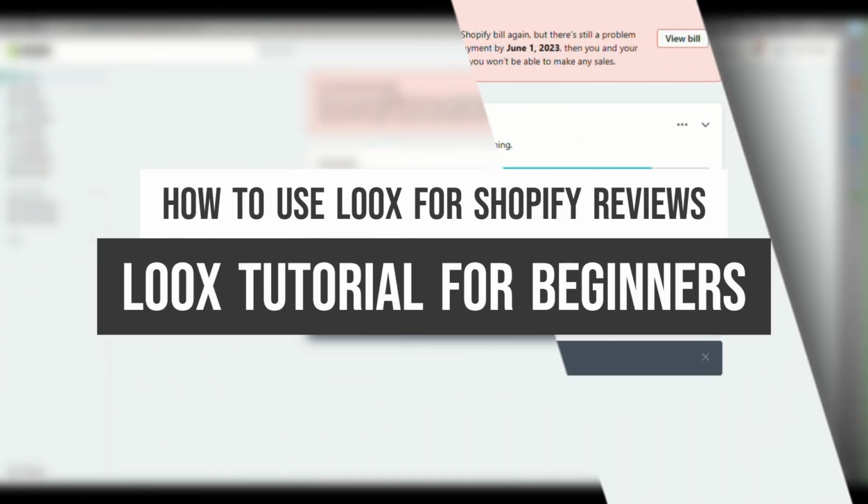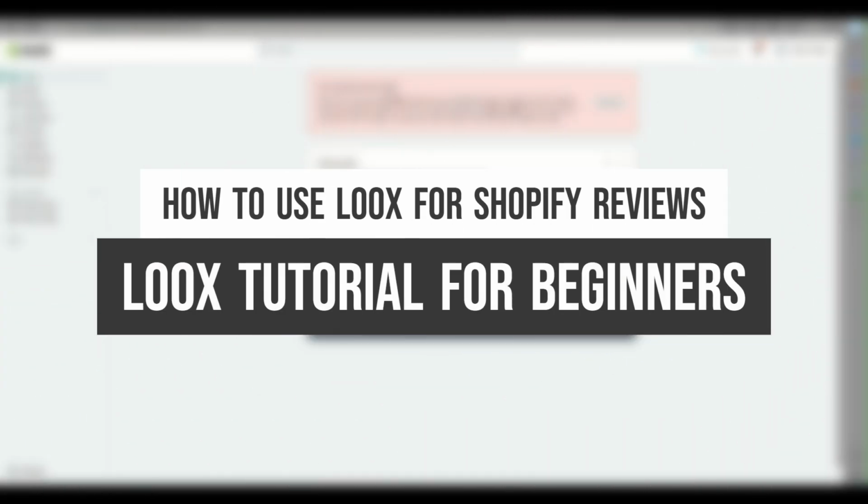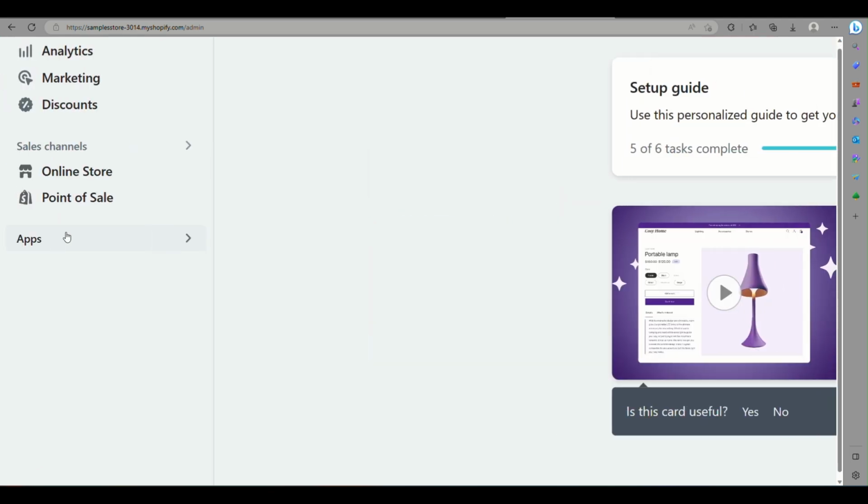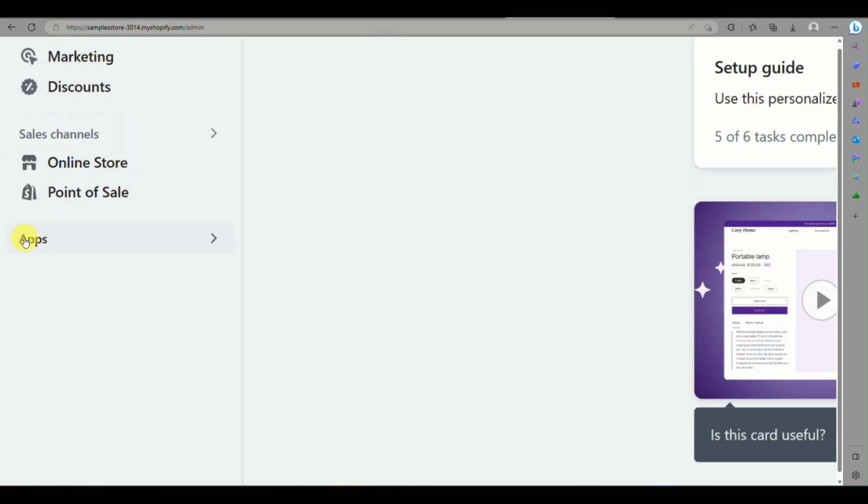How to use Loox for Shopify Reviews. Loox tutorial for beginners. Hi there, today we'll learn about how to use Loox as one of the applications here on Shopify so that you will be able to incorporate your product reviews and photo reviews here on your Shopify online store. So first to begin, you can open your account to any browser that you have, and then on